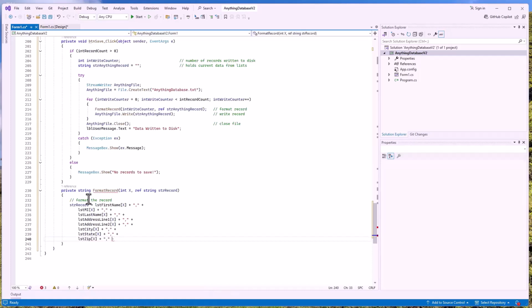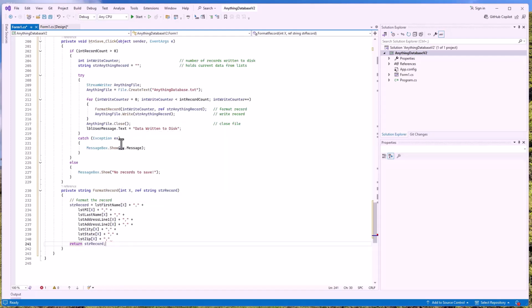And that's it. We can actually stop at this point and say, get rid of that, return str record. That's going to return the record. Notice we had the error here because we did not complete this. We didn't have the return in there. Once we finished it and created this str record and returned it, the error went away, and